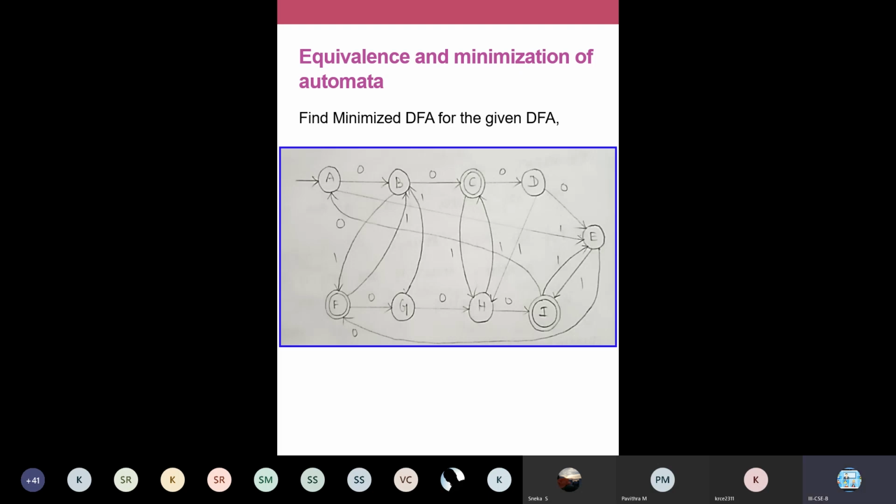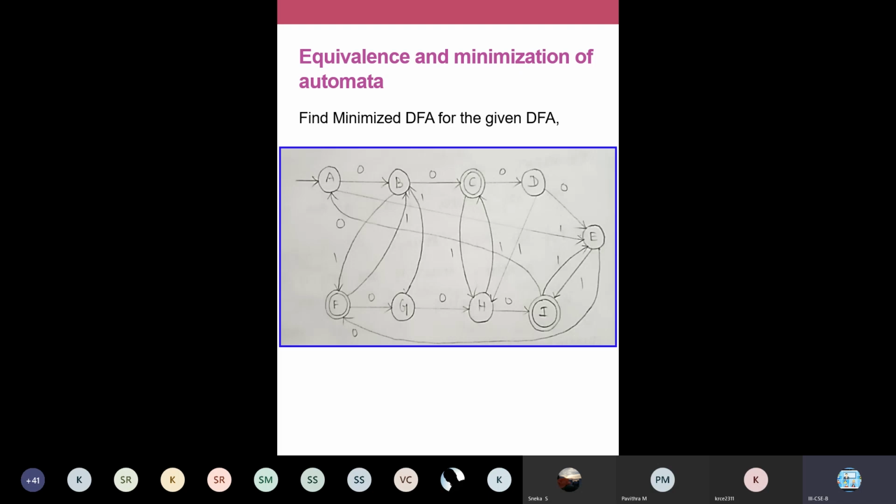Okay. So we cannot stop here. Once again, you check for any other combinations. Check for 1. Apply the string 1 on both the states. So in C, give a 1. It goes to non-accepting. In F, give a 1. It goes to non-accepting. Or give any other string, 0, 1. 0 followed by 1. It goes to non-accepting. F, 0, 1. It goes to non-accepting. So like that, you can apply any string. Okay. But for whatever string you are applying on both the states, if the transitions are similar, then you can conclude that they are similar states, they are equivalent states.